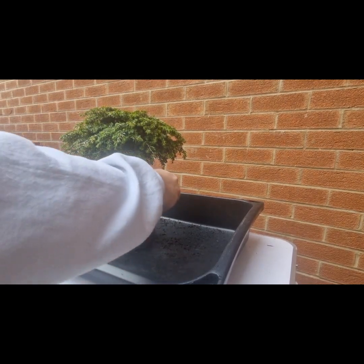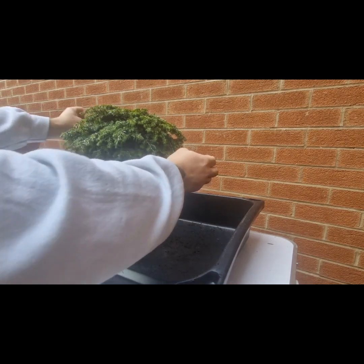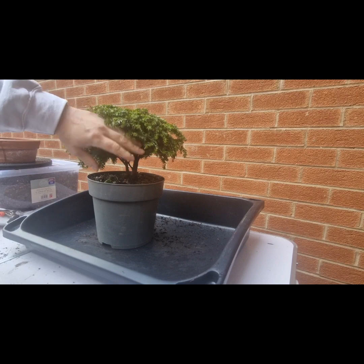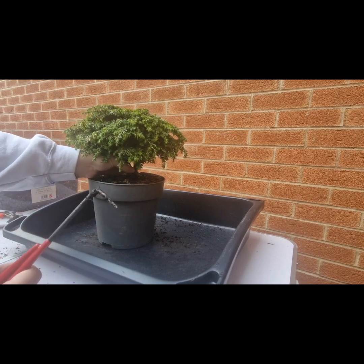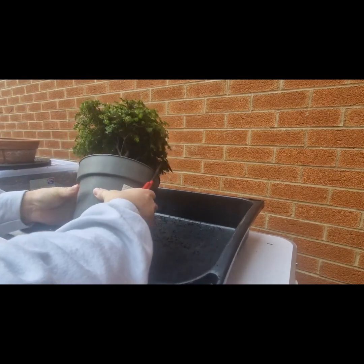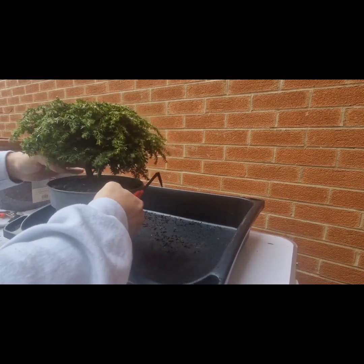Next on today's agenda is this little beauty. An eastern hemlock. I was reading a forum post the other day, I forget what forum it was, that was saying these do not make good bonsai material. This tree was £25 and